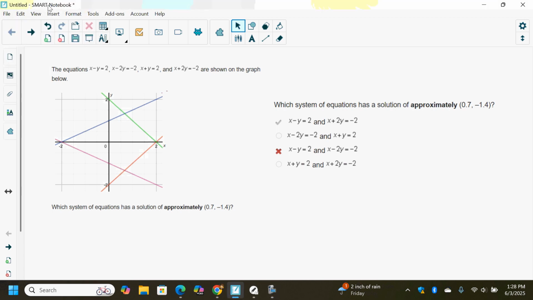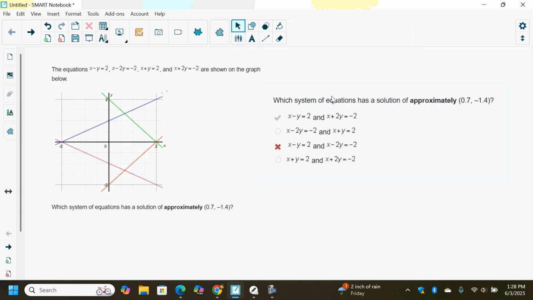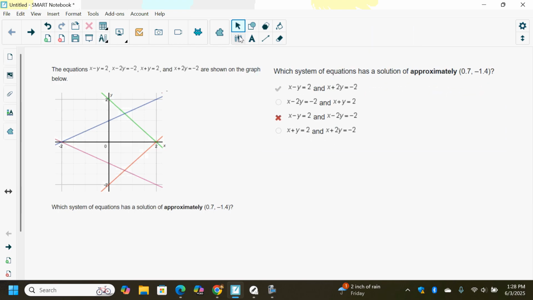It looks like the question that you missed, one of the ways to help figure this out would be to rewrite each one of the equations into slope-intercept form or solve them for y. So I'm also going to send you a YouTube video reviewing how to solve for y. So what I would do is, let me move this up a little bit. So I would take each one of these equations and I would solve them for y,